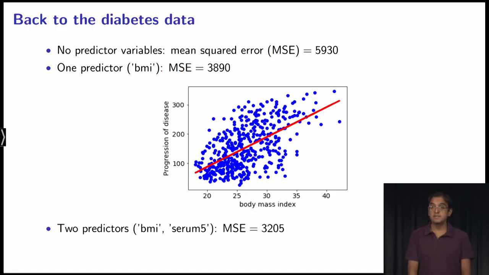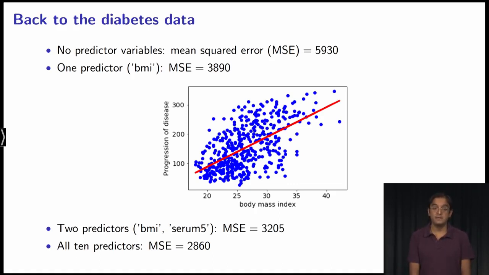Then we can throw in a second predictive variable. Let's say we use one of the serum measurements. The mean squared error drops further. And then we can go ahead and use all 10 variables to make the mean squared error the smallest of all, 2,860. Now computationally, all of these different calculations are very simple because there is a nice closed form formula for